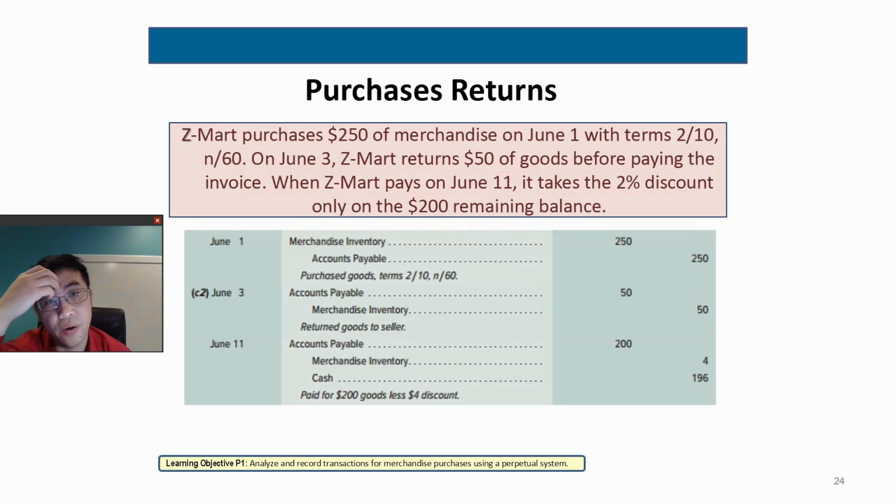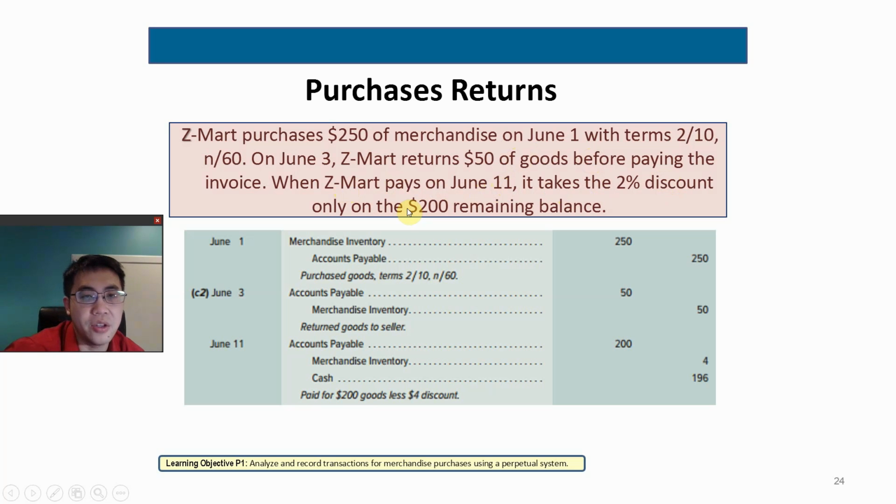And here's another story, okay? Z-Mart, the buyer, purchases $250 worth of merchandise on June the 1st with the terms of 2/10, n/60. So on June the 3rd, Z-Mart returns $50 of goods before paying the invoice. All right, just for defects, they return it, and they did not ask for an allowance. And when Z-Mart pays on June 11th, which is within 10 days, it takes a 2% discount only on the